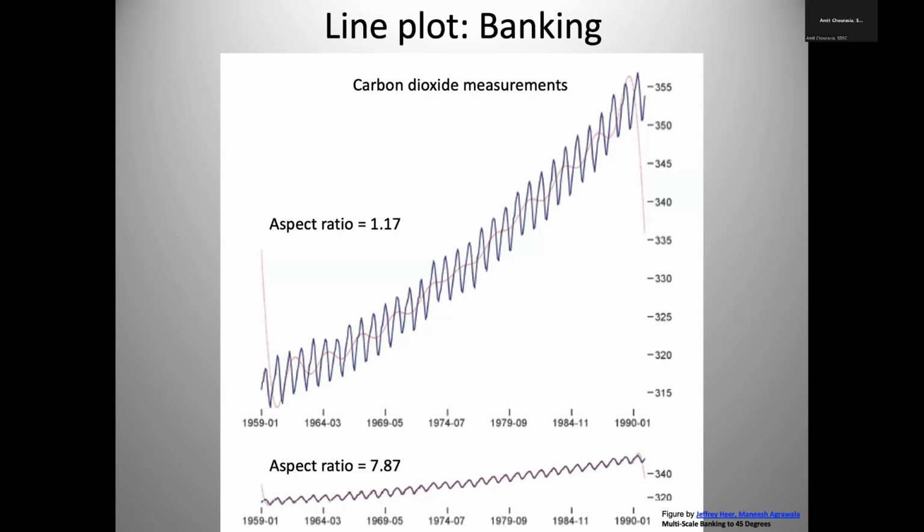The aspect ratio of this chart is almost like 1. And you can see that every year the carbon dioxide goes up and down, up and down. It has a cyclic nature. And then we see this pink line, which is also showing a curve or a regression line around the data. So in the top chart, you can see the cyclic nature of